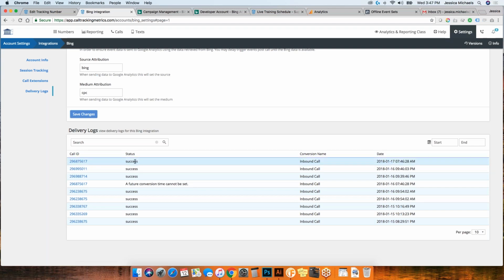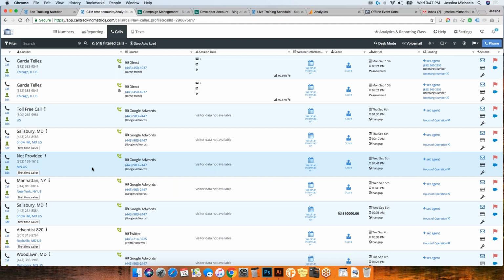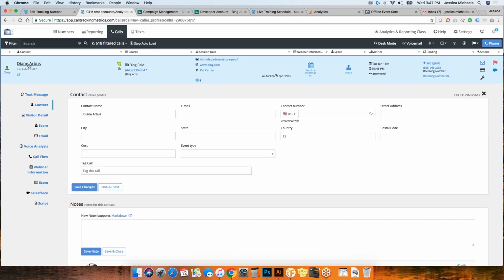This will actually tell you the call ID and the status, so successfully sent, or if it does run into an error, we'll try to resend it. So this was that same call, but it went through successfully. And if you click into it, it'll actually pull up that call inside of the call log so that I know that this call went in as a conversion. So, little troubleshooting tools with Bing.